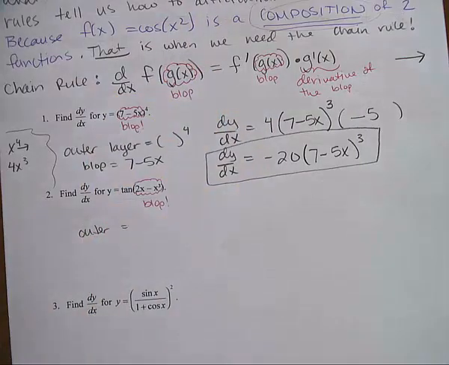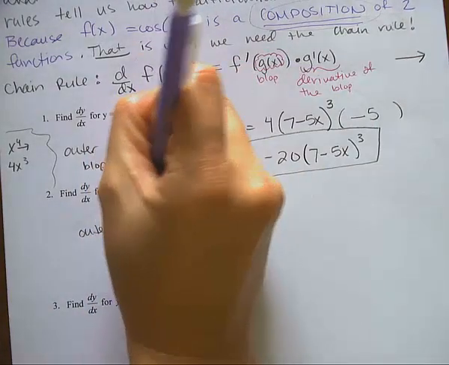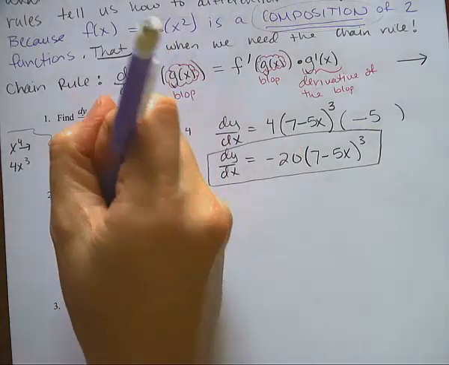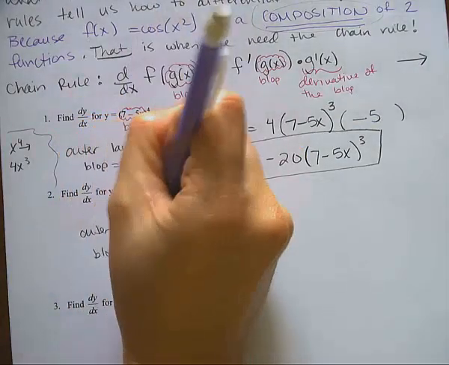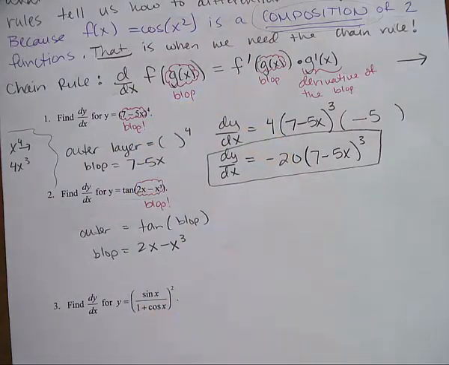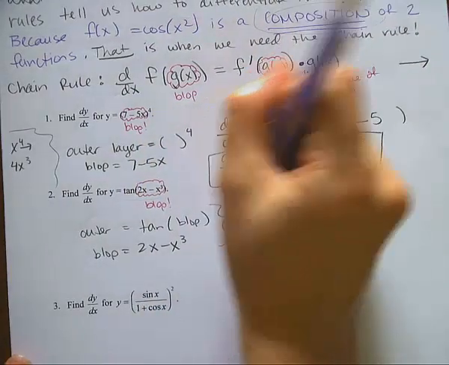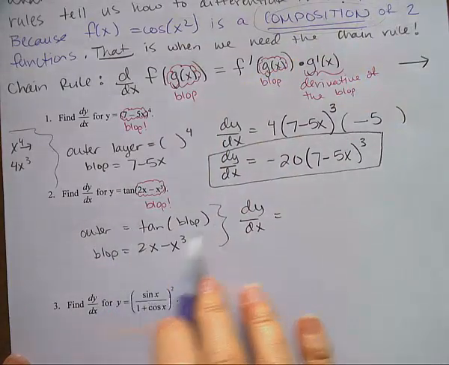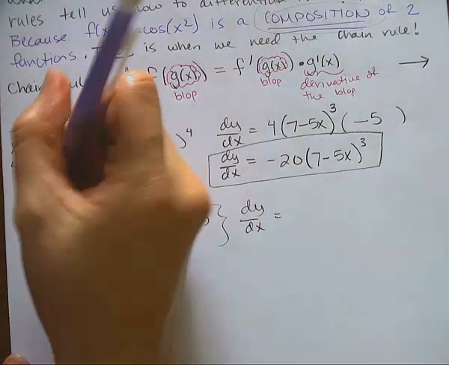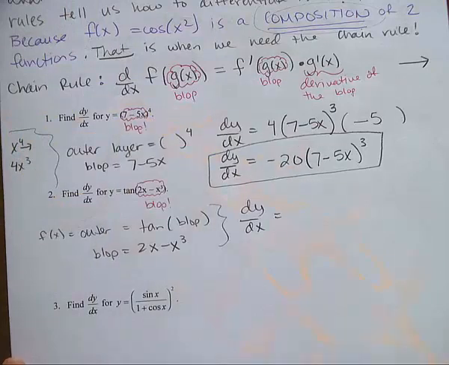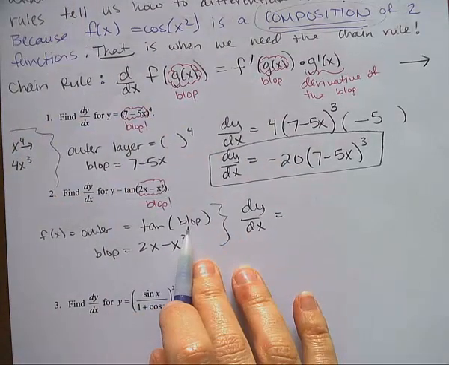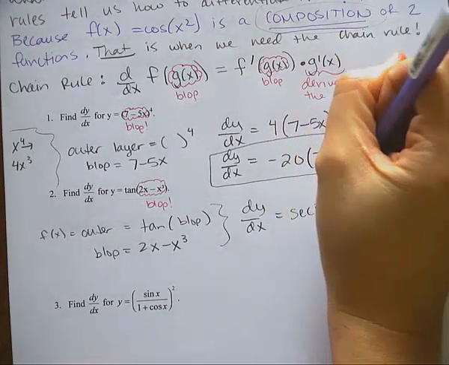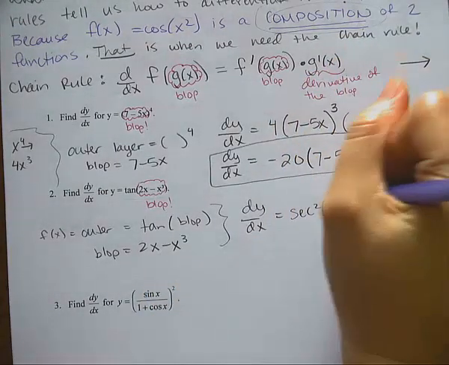So in this case, the outer function is tangent of the BLOP. And then the BLOP is simply 2x minus x to the 3rd. So when you go to take the derivative of that, you want to take the derivative of the outside function first. This would be like your f of x. You take the derivative of f with respect to the BLOP. So you're going to do secant squared of BLOP, which is 2x minus x to the 3rd,